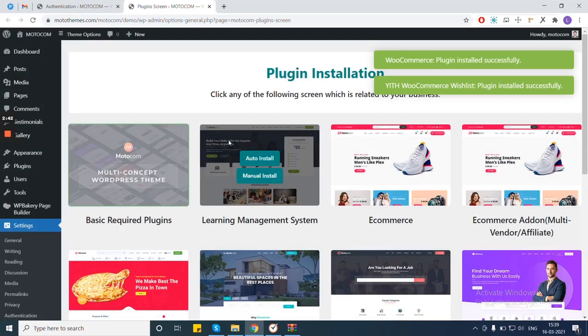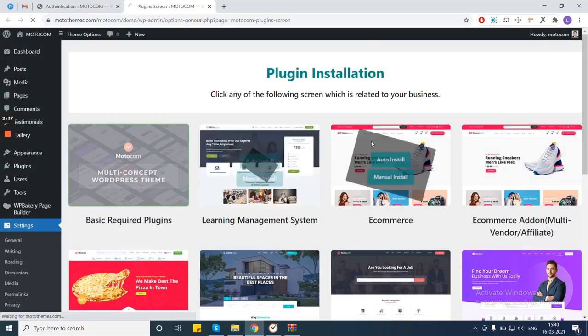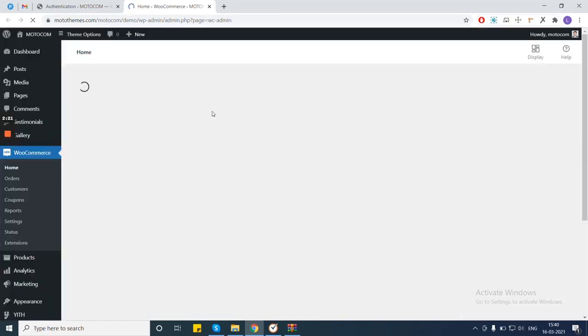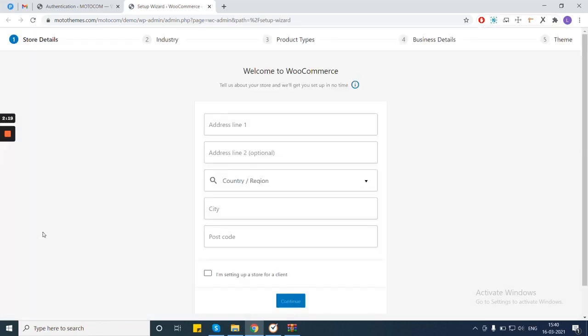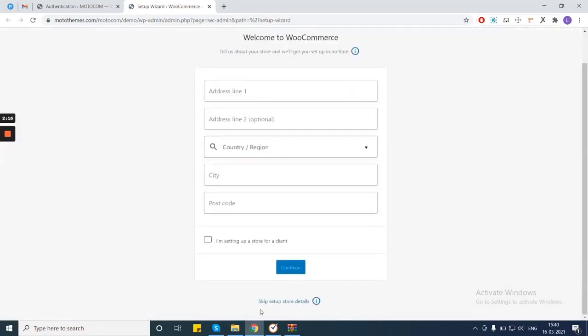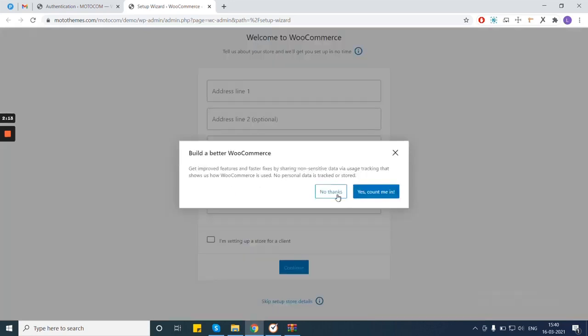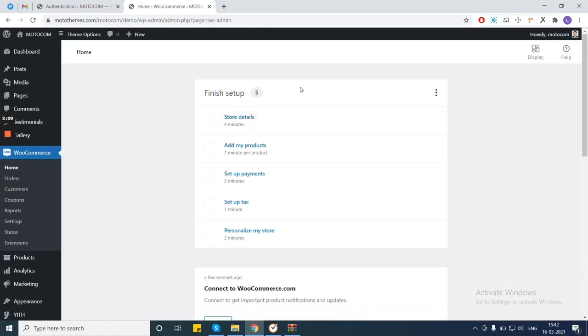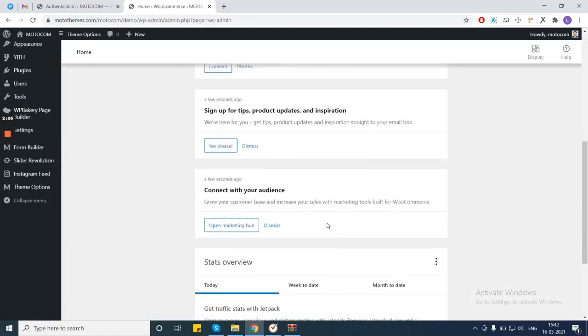After it is successfully installed, the page will reload. The next step is to go for the basic WooCommerce setup, which we can skip for the moment.